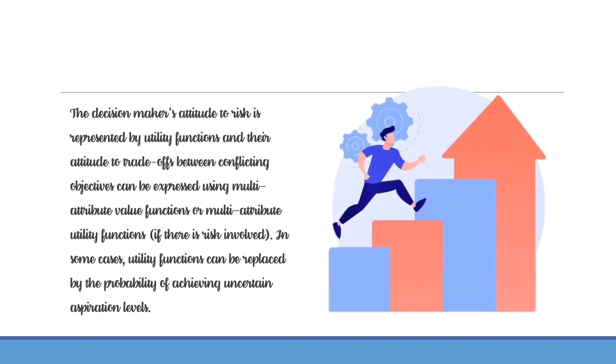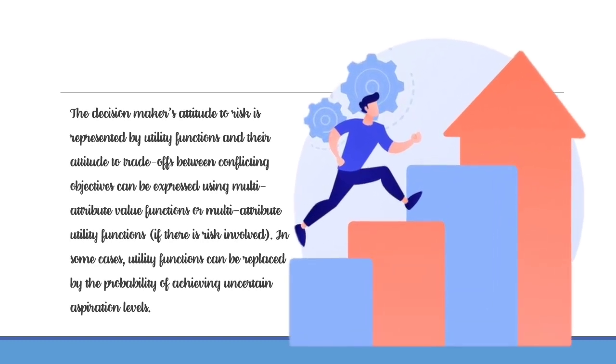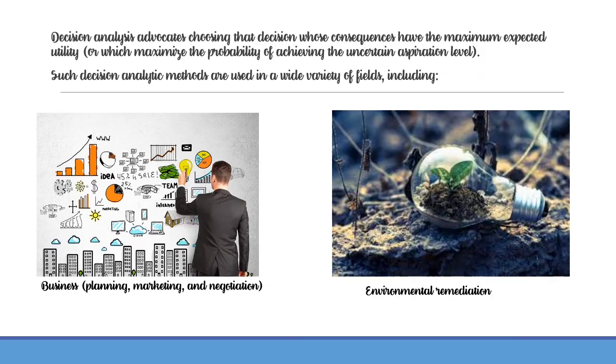value functions or multi-attribute utility functions if there is risk involved. In some cases, utility functions can be replaced by the probability of achieving an uncertain aspiration level. Decision analysis advocates choosing that decision whose consequences have the maximum expected utility, or which maximizes the probability of achieving